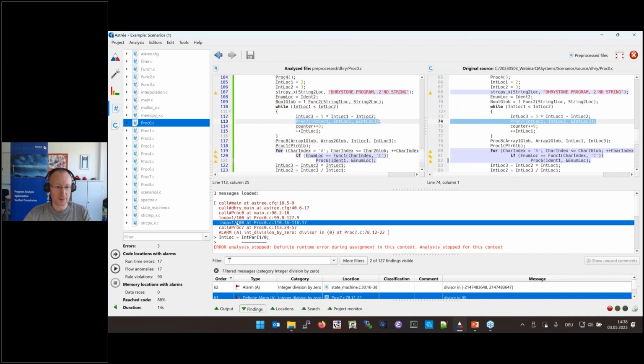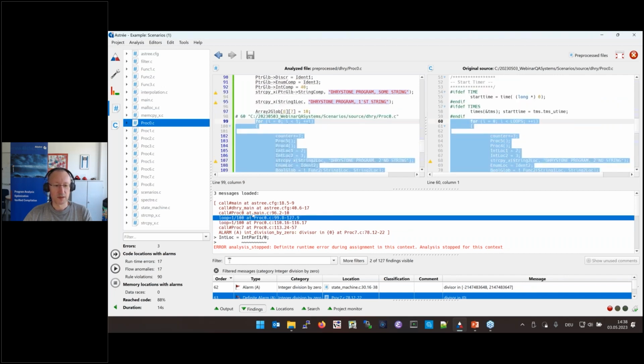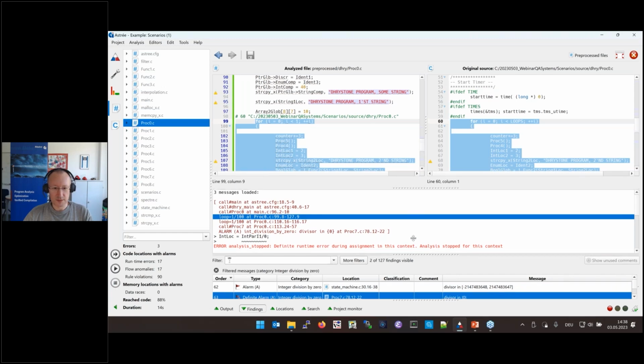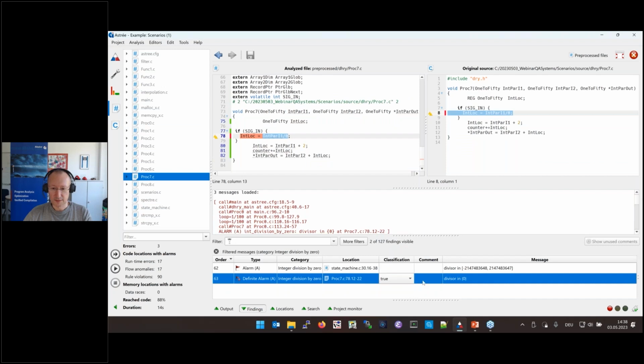Already in the first iteration of the loop, it happens. It's enclosed in another loop. And again, in the first iteration of this loop, we run into our problem. Well, and so you see how we ran into this. And well, of course, also this is justified. So I can comment it again. It's a true defect, and fix it, please.